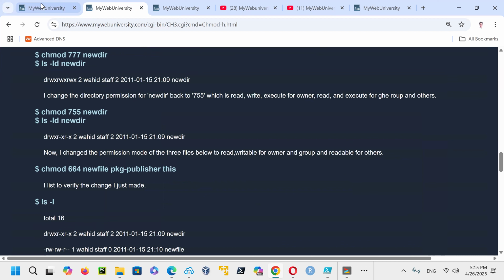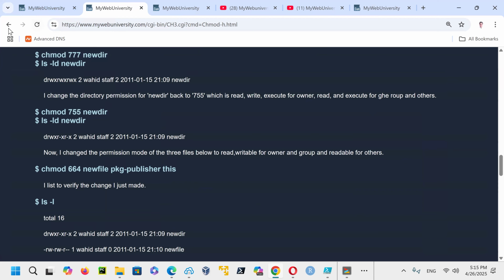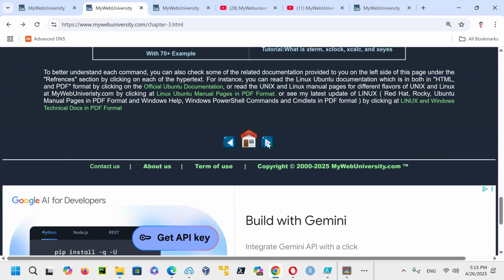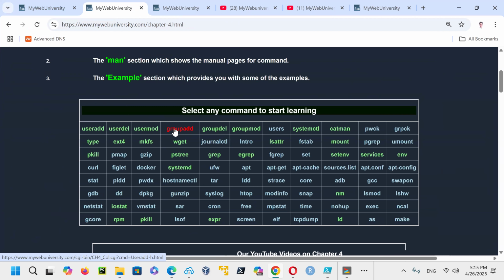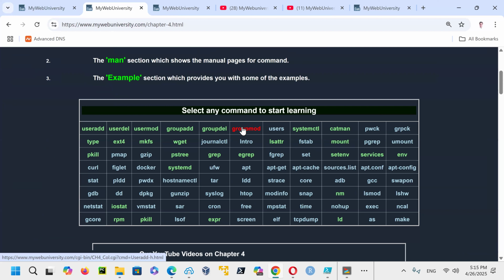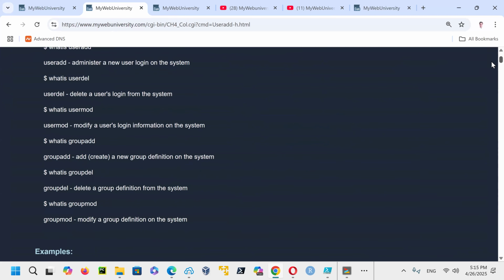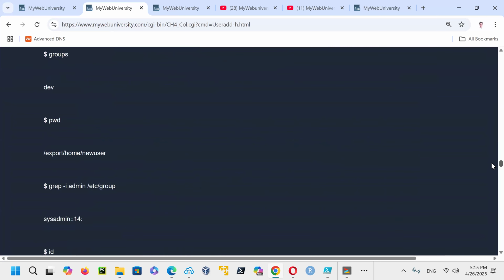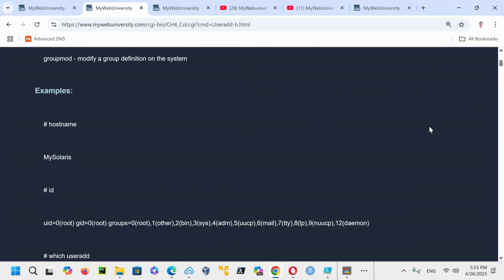Okay. And then another thing is that on chapter 5, for example, on chapter 4, there are some commands like user add and other ones. Notice here for user add, user del, user mode, group add, group del, group mode. These require system admin privilege with sudo or root access. So if you click on the user add, I write you this documentation on how you use it, example by example, each one of them you click on. And similarly for group del, I give you documentation.